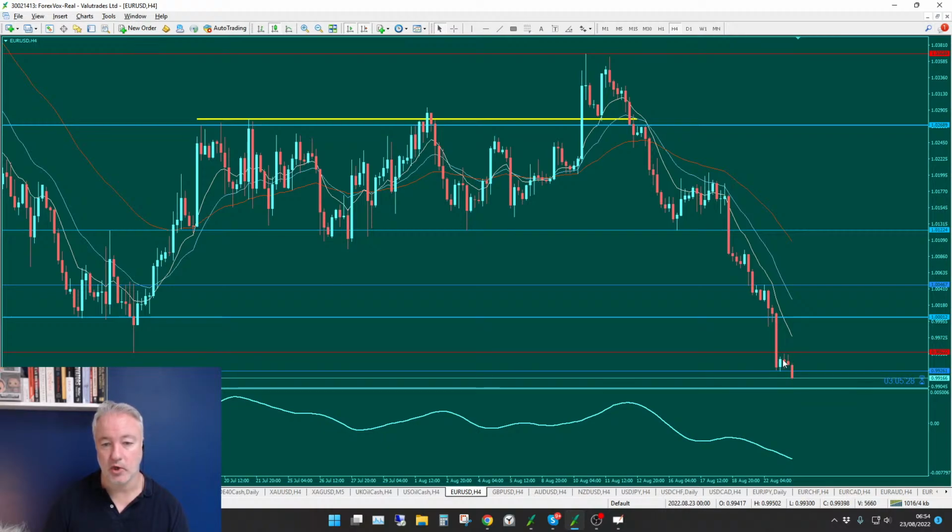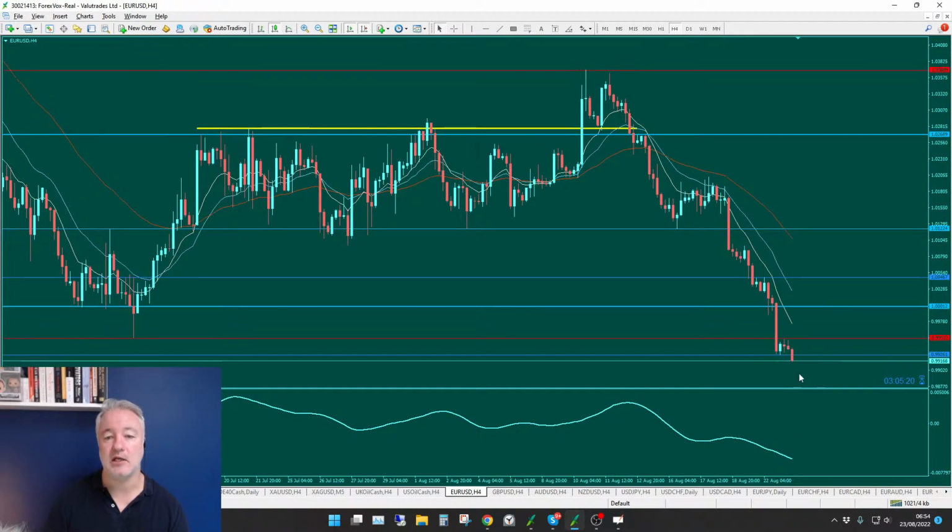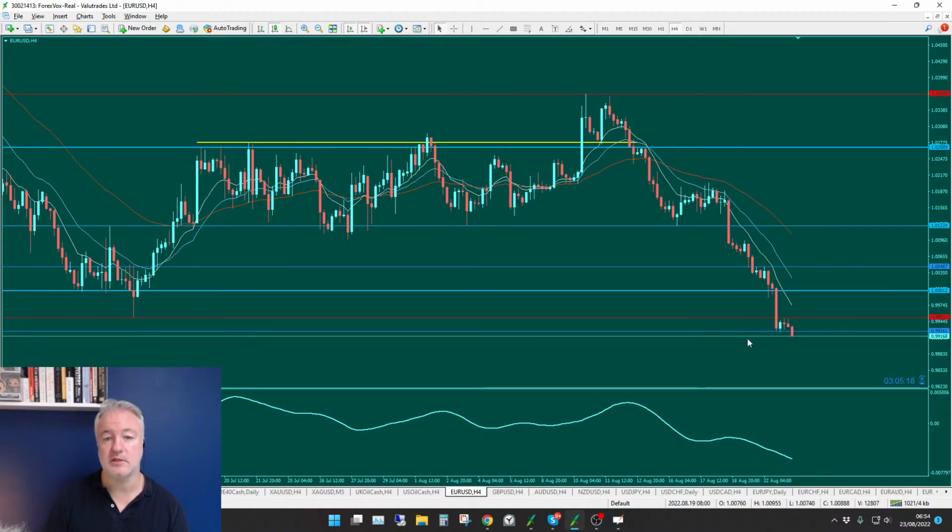I call this a pause and go. You get a move, and then you get a bit of 2 or 3 candles, never more than that. Like 1 to 3 candles, and then it goes again. And usually the second move is a big one. So if this is the same as this one, at least if not half that. So this would imply we're going to see euro